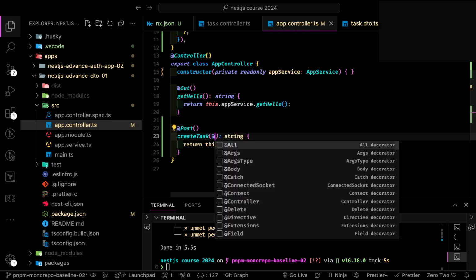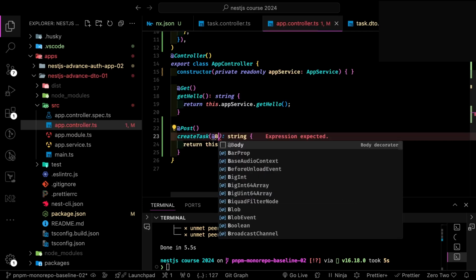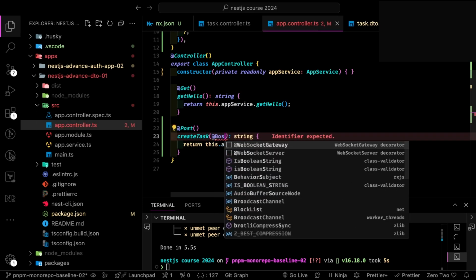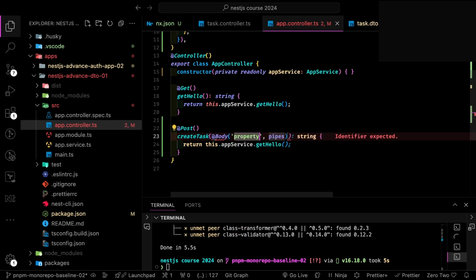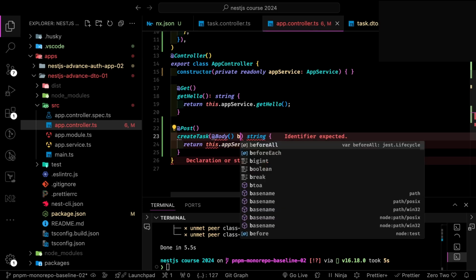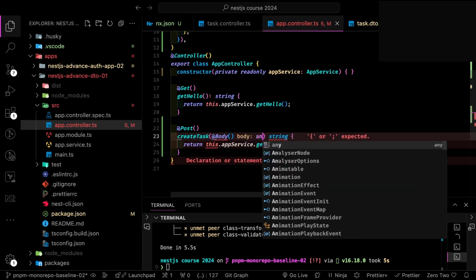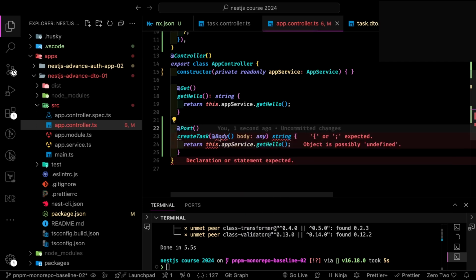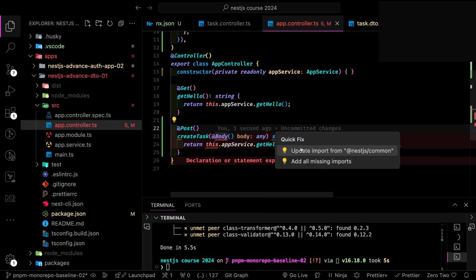So what I will do is I can just use the body annotation. Here I want to use the whole payload, of type any. This body is coming from NestJS common,